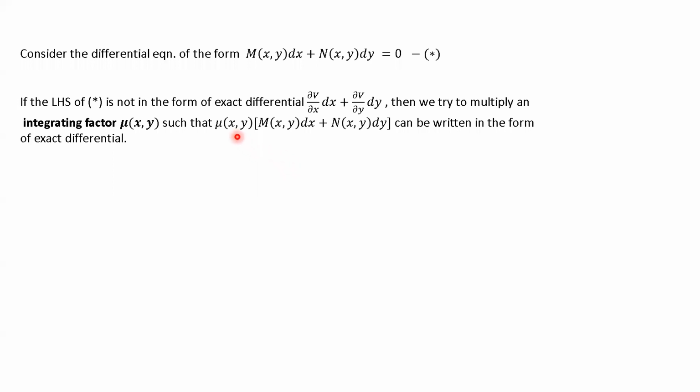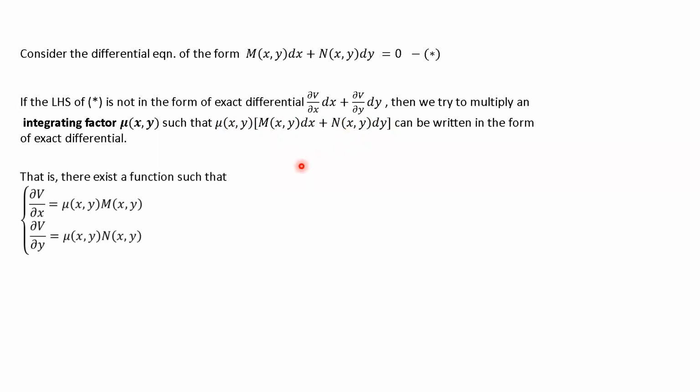So after multiplying, my dx is with this mu M, and my dy is with this mu N. If you can indeed find this integrating factor, this function that can do the job, then by definition there exists a function v such that partial v partial x is given by this, and partial v partial y is given by this. Then of course,